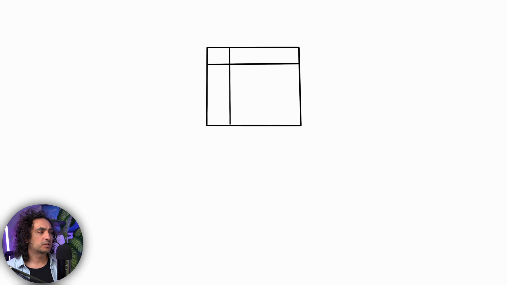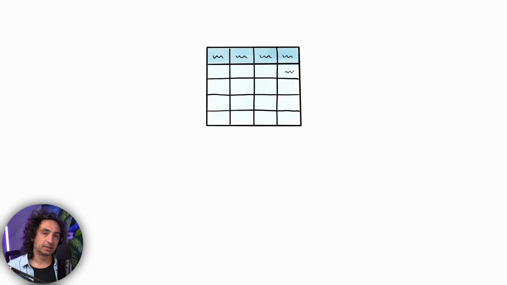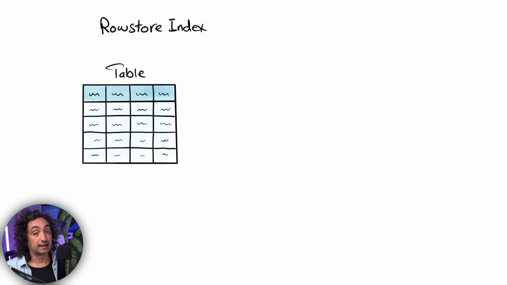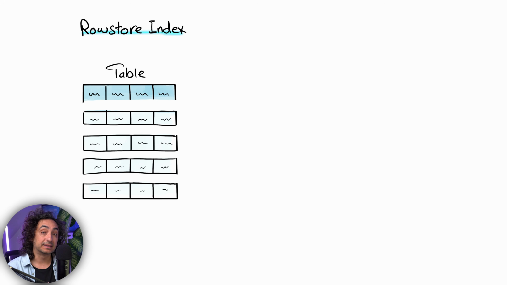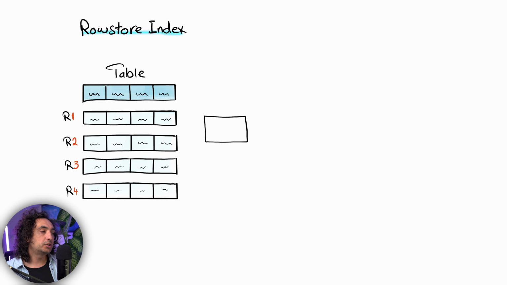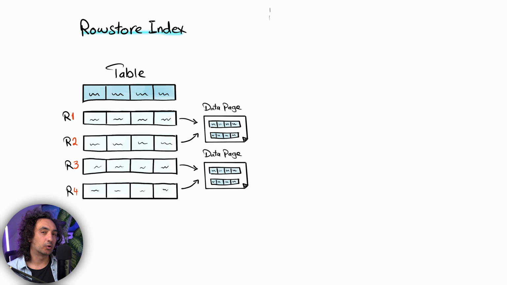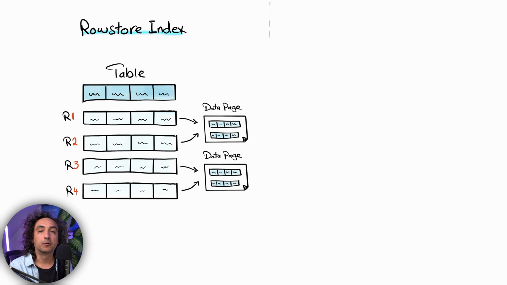So now let's say that we have a table. We have multiple rows and multiple columns. Now, if we use a Rowstore index, this is the classical one, what's going to happen? Our table is going to be split into multiple rows. And as we learned, each group of rows is going to be stored inside a data page. That means we are organizing the data row by row, which means all the columns for each row are going to be stored together. This is the traditional way databases organize their data, where the information is stored